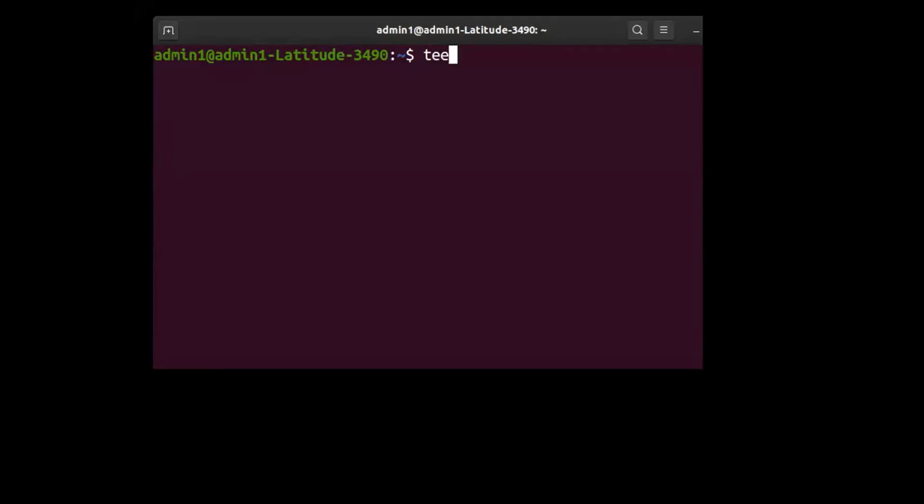Just before the session started, or just before I sent a message about the meeting ID and password, I sent you one picture about the tee command. Just have a look at it.